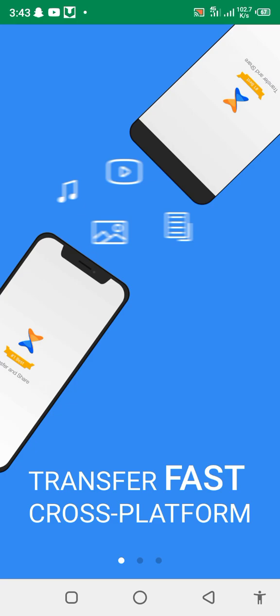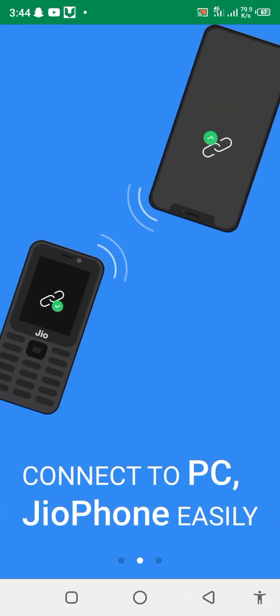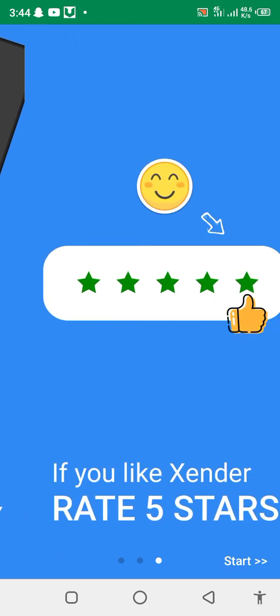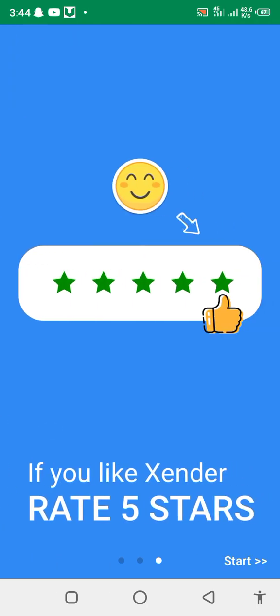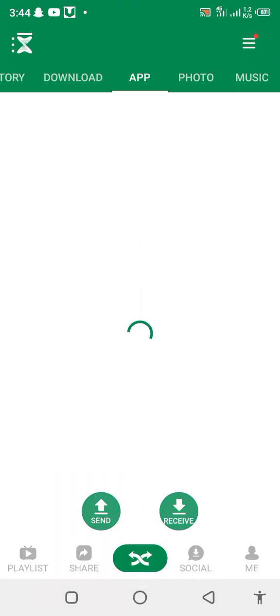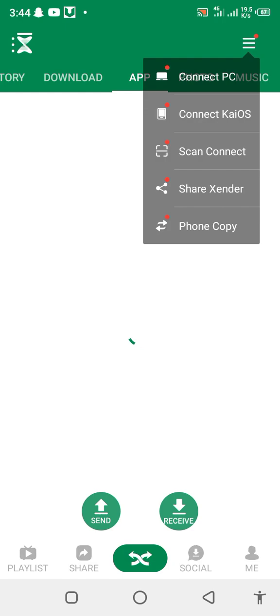It says fast transfer, cross platform. Xender is one of the fast transferring apps. It says connect to PC, easy. So you can also connect it to a PC, and it's very fast. If you like Xender, rate 5 stars. If you want to rate, you can rate it on Play Store, for them to rank high. As you can see, it's much over here. This one says connect. So that's where you can